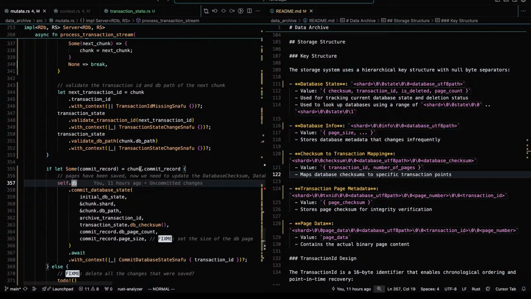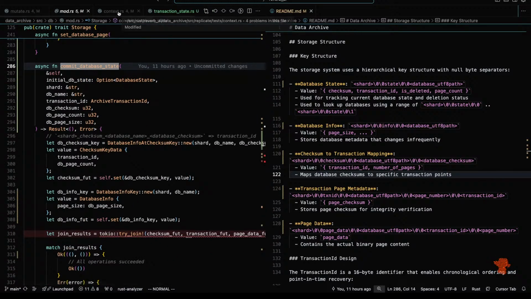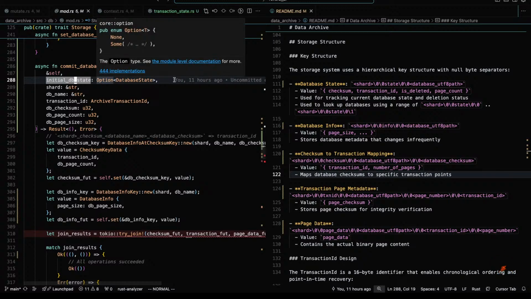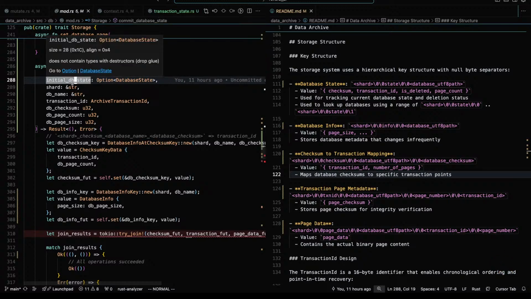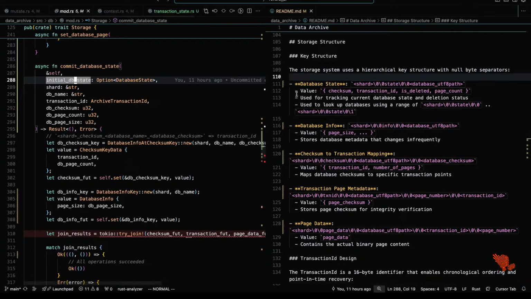All right. I think I want commit database state to be implemented before fixing the context. Okay. So if we have an initial database state, basically need to do a compare and swap on this key here. And the initial DB state will be used for that.